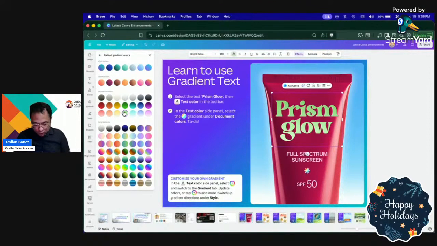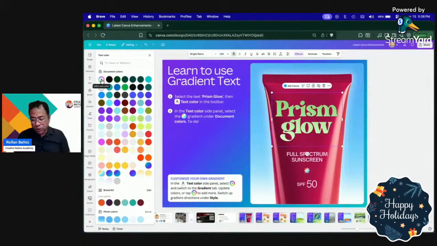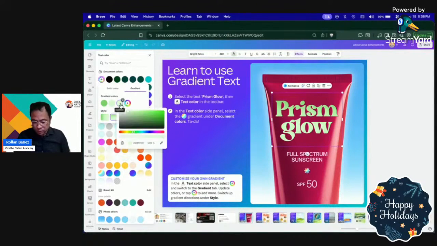And then right now, you can easily add, or if you want to customize this, let's click on the add new color on the left side. Let's click on that. And what you can do is, let's click on this one again, and you can now specify what types of colors you want to put in your gradient. For example,